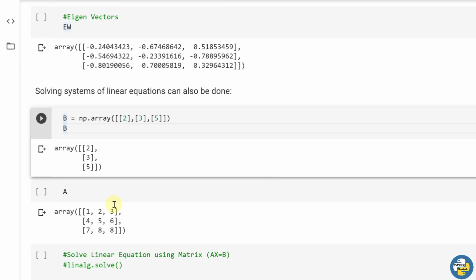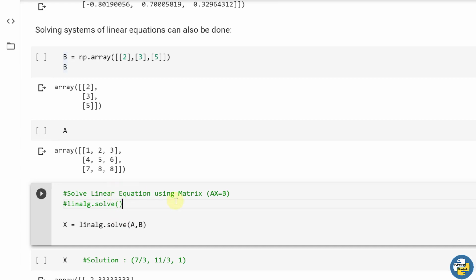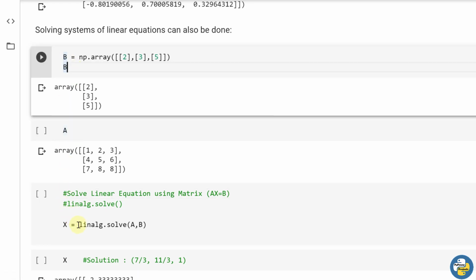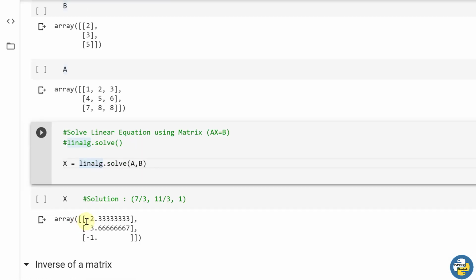You can also solve linear equations using this module. So general matrix equation is of the form Ax equal to B. So A is known, B is known, and X is our solution of this equation. So my A is this particular array and B is this particular array. I can solve these matrices using a simple method called .solve. This will take two arguments A and B and return a solution matrix as a result. So my linear algebra.solve, I have passed two arguments A and B and it returns X.